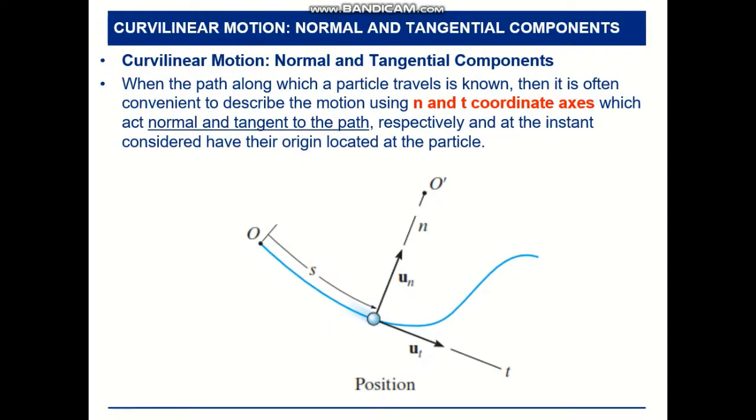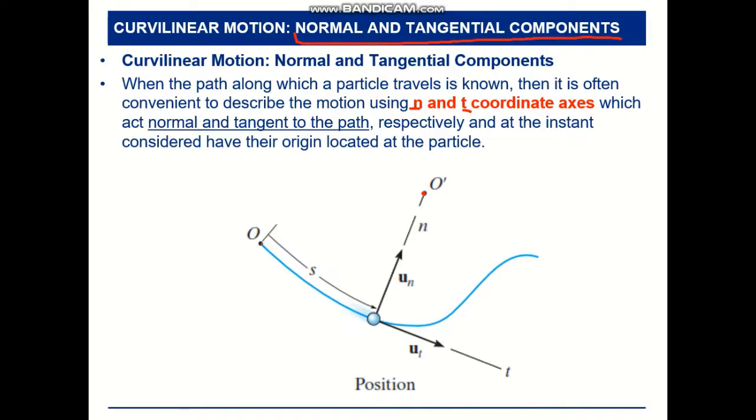Another coordinate system is normal and tangential components. We can take it. When the path along which a particle travels is known, then it's often convenient to describe the motion using normal and tangential coordinate axes, which act normal and tangent to the path, respectively, at the instant considered have their origin located at the particle. So if we take the